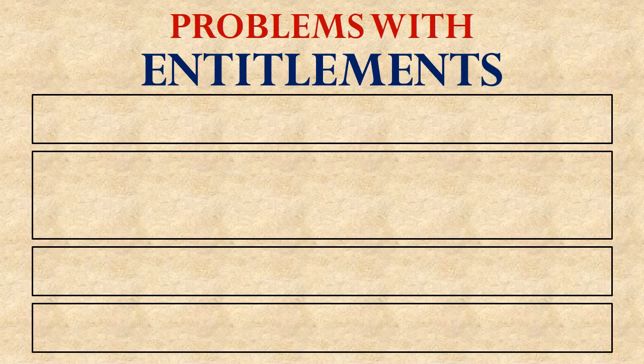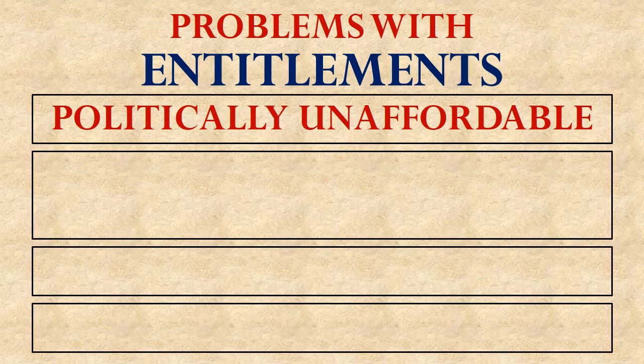So from this example of Obamacare and the previous example of Social Security, we can see some general problems with entitlements. The first is that they're politically unaffordable. We've already talked about the giant national debt and how entitlements are a big reason why the debt is so huge. Because politicians realize they can buy votes with these programs. They can tell people we're providing these things for you, so keep voting for us. But at the same time, people don't really want to pay for them with increased taxes.